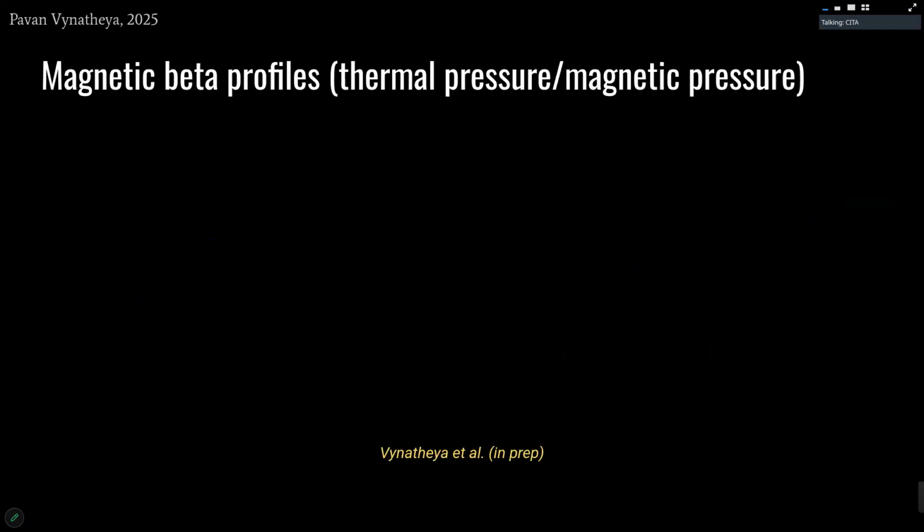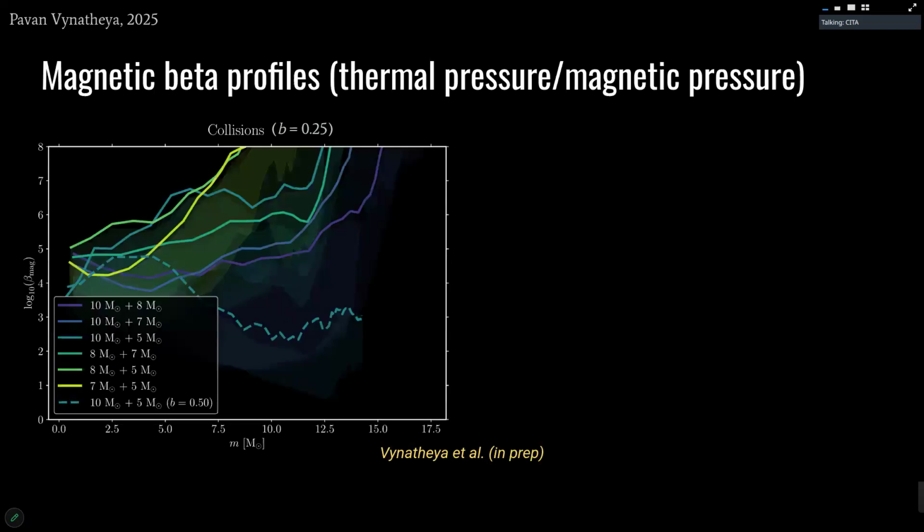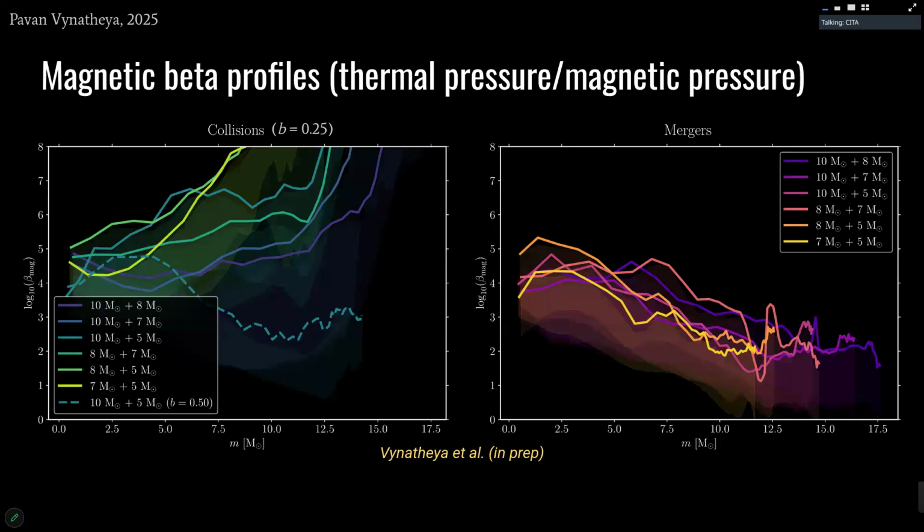This answers Willie's question of how relevant magnetic fields are for dynamics. This parameter called beta, or plasma beta, or magnetic beta, is the ratio of thermal pressure to magnetic pressure. If it is close to 1, you expect that magnetic fields are significant in dynamics. If it's much more than 1, it means the thermal pressure dominates and the magnetic fields don't really play a role in the dynamics. And in both the cases of collisions and mergers, again on the y-axis is the beta,